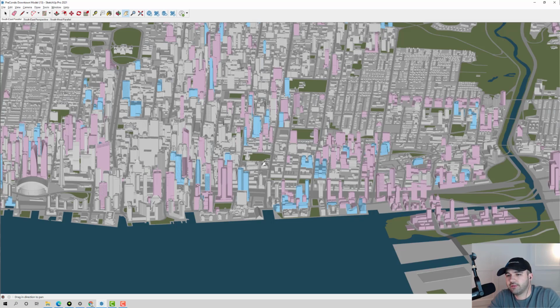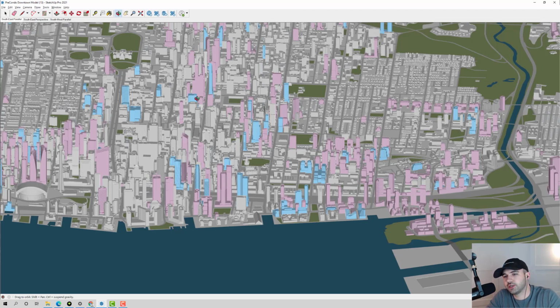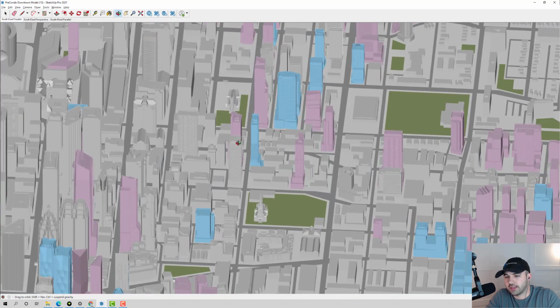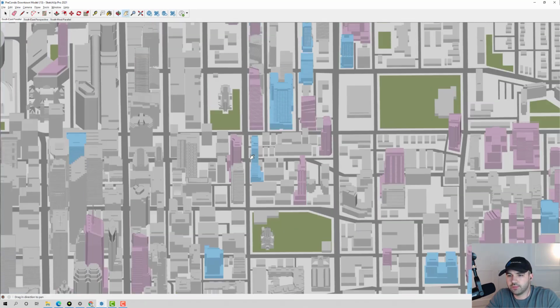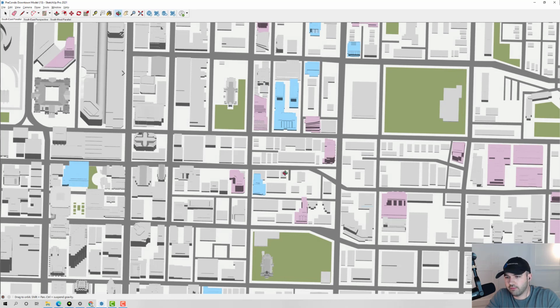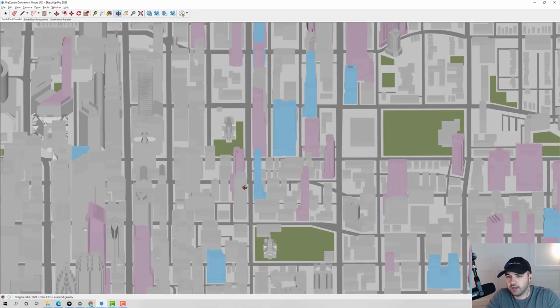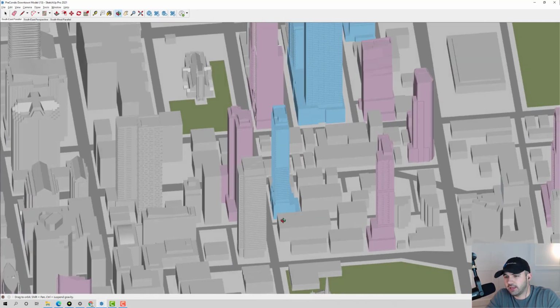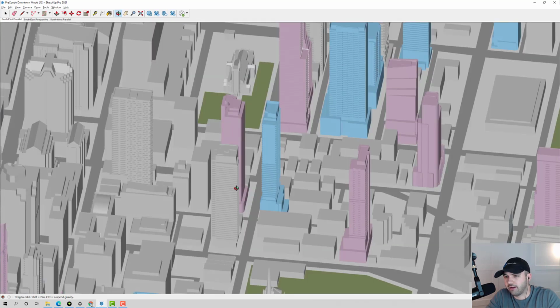Let's get our bearings here. If you haven't seen the model before, blue is under construction and pink is approved or planned. So just a bird's eye view so we know what we're looking at. You have Church and you have Richmond here. This is sort of the south facade of the building. This is Alias here. Directly across the street on the southeast corner of Church and Richmond, you have The Saint